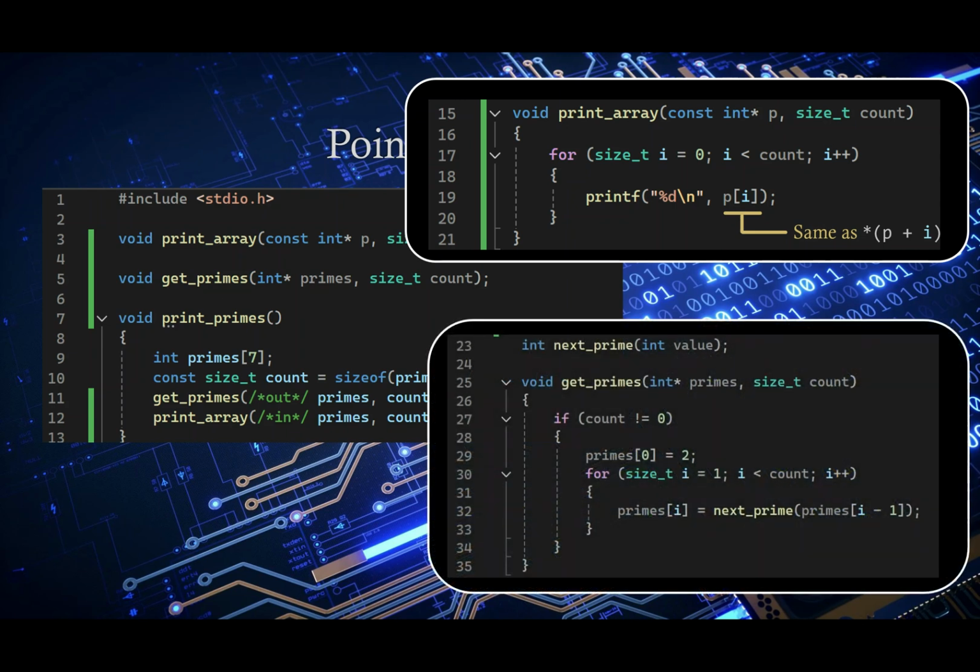Here's the getPrimes function. getPrimes is implemented in terms of another function called nextPrime, so I've included its declaration here. nextPrime is just going to, if you pass 2, give you 3. If you pass 7, it will give you 11. It gives you the next prime number after the specified value. So getPrimes